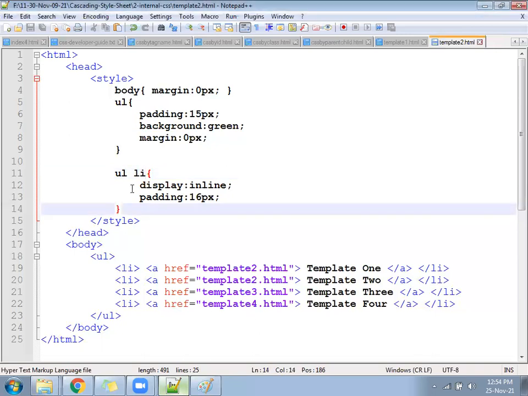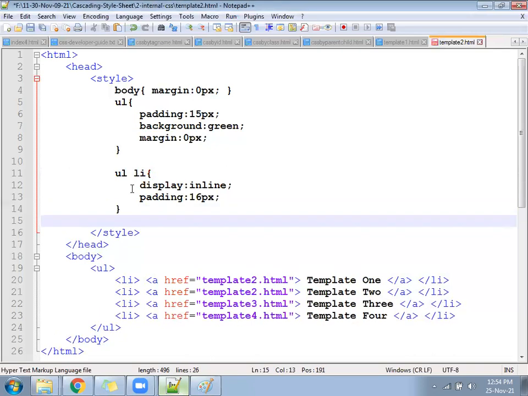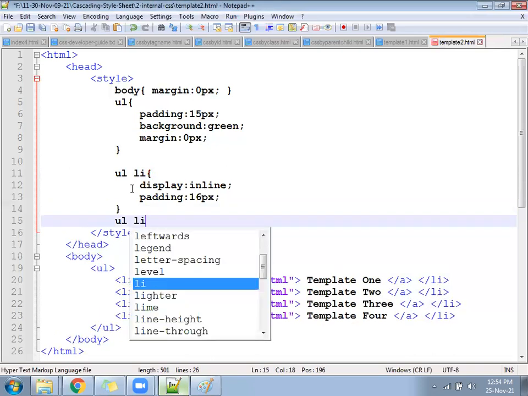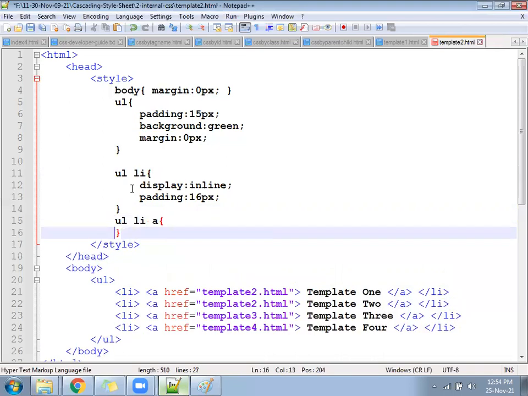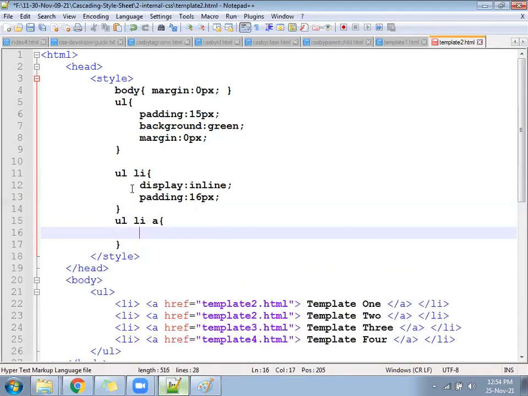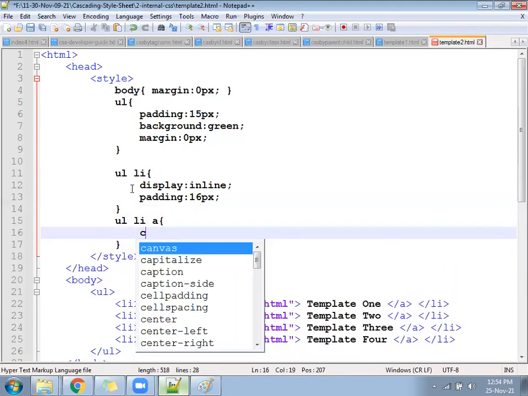You will write the CSS for UL, li, and then a tag. The color of a should be white color.